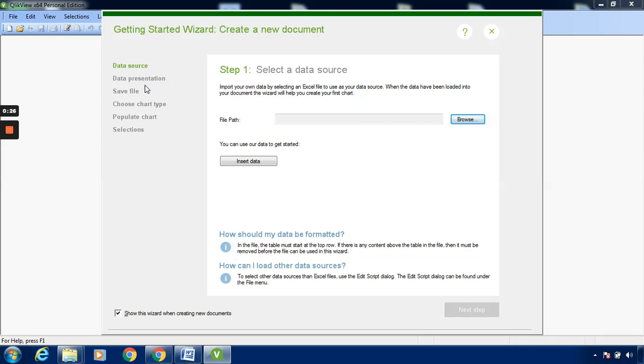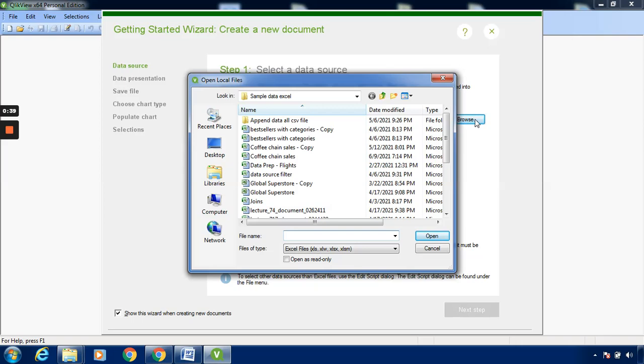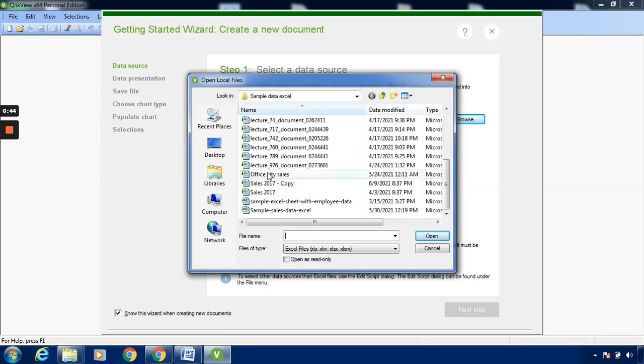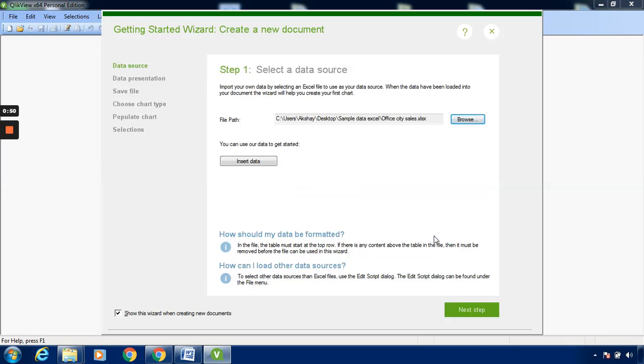Then these are the steps which we have to follow: data source connection, data presentation, save file, choose chart type, populate chart, and selections. So we have to give the path first. It will ask us to select the file. So I have chosen the path previously. So I'll select the file named Office City Sales. Click on open. This is basically an Excel data,